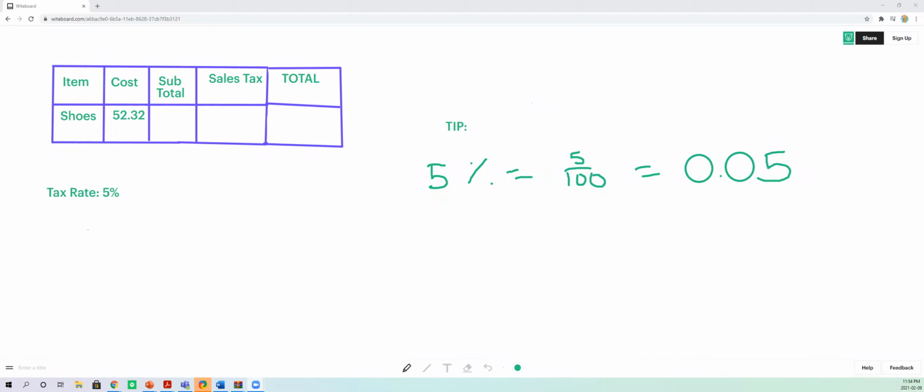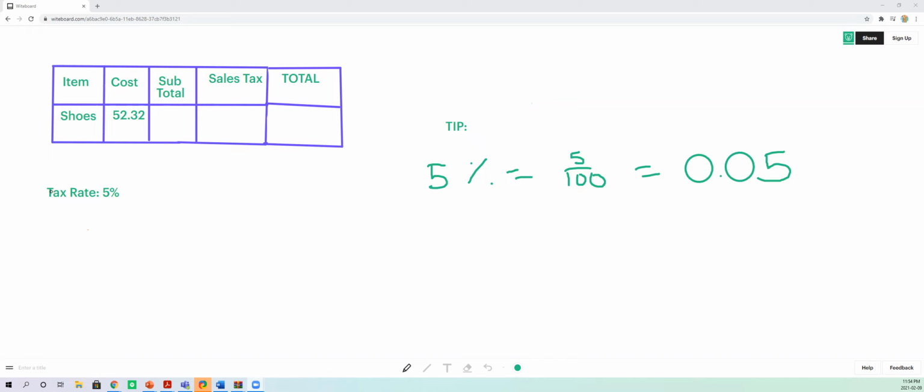calculate taxation. Taxation is a really important part of our everyday lives, especially as we age and we become adults. But from the very get-go, it's pretty important because it helps us determine the true price of an item at the end of the day at the cash register when you are cashing out or online when you're purchasing your